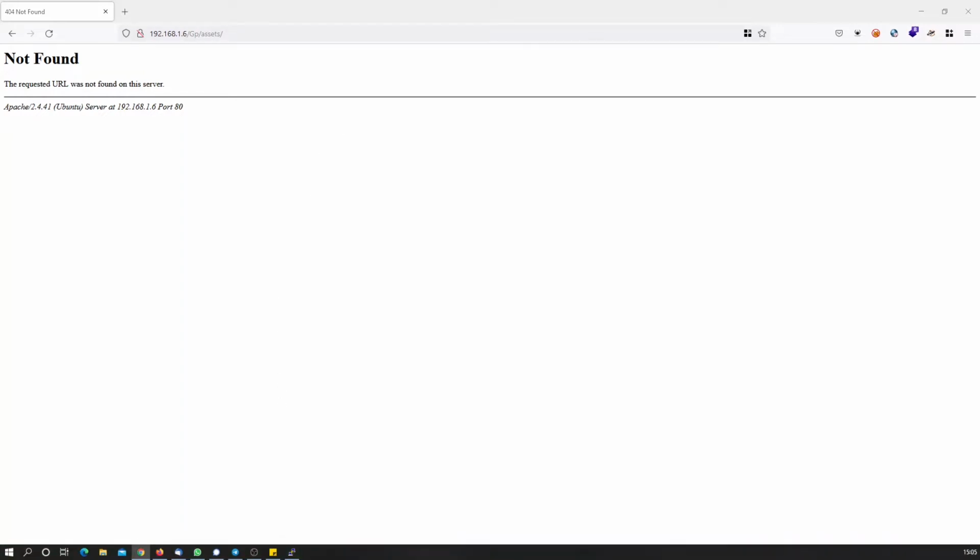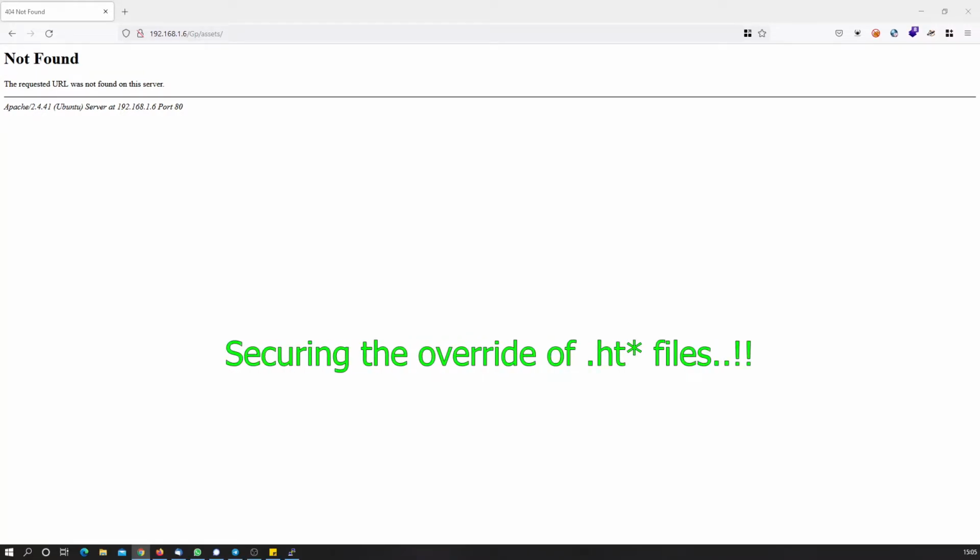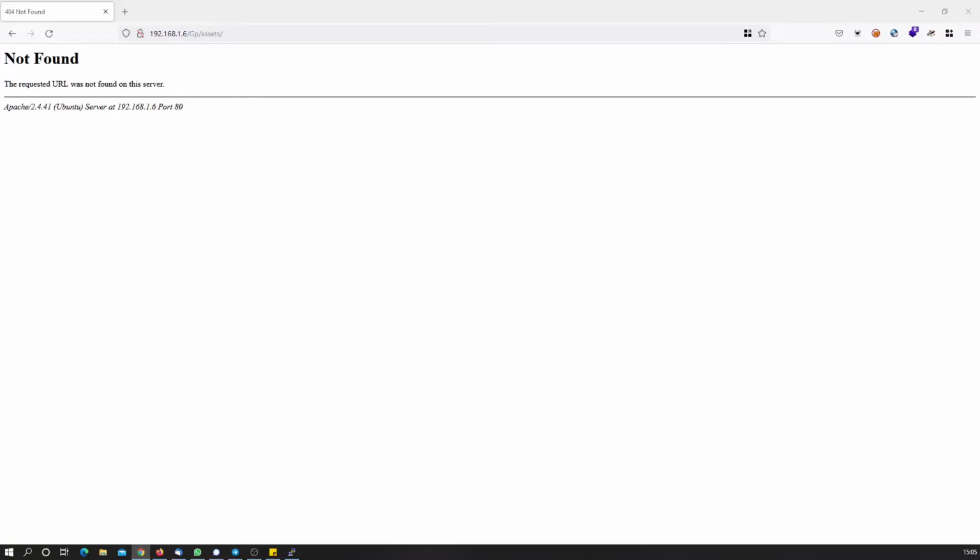Now moving ahead, we will be disabling the override directive for the OS root directory. We are actually familiar with the usage of the .htaccess file, where we put most of our configuration like authentication, document handling rules, access controls, etc. So whenever we put a customized .htaccess file and the server finds it during its execution, then it will work as per the directions given in the .htaccess file.